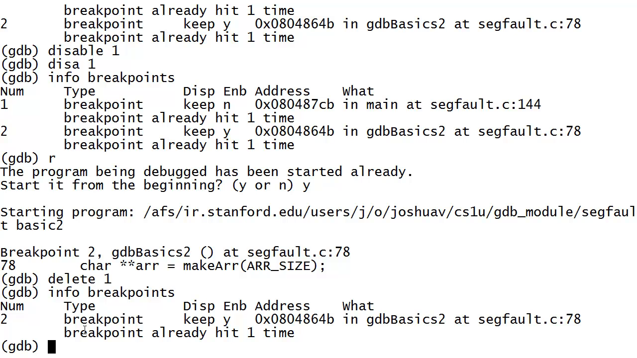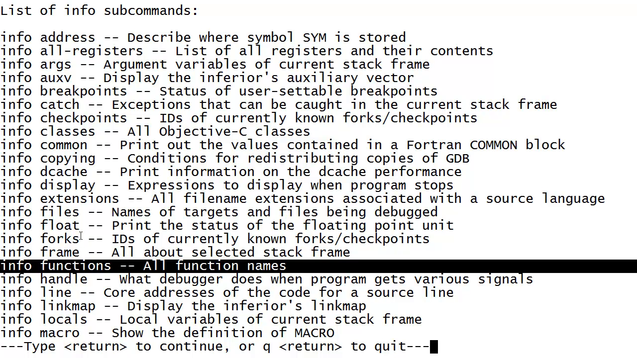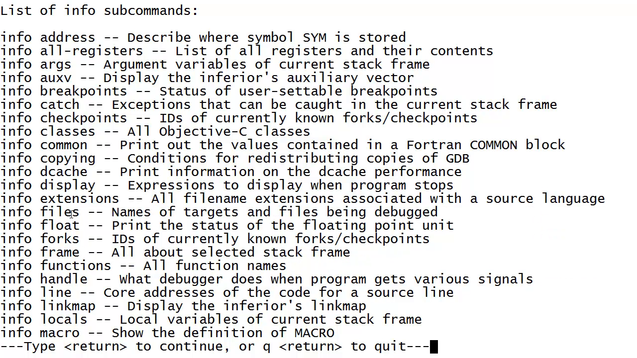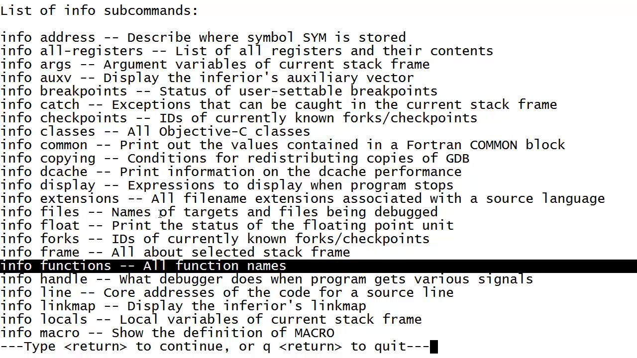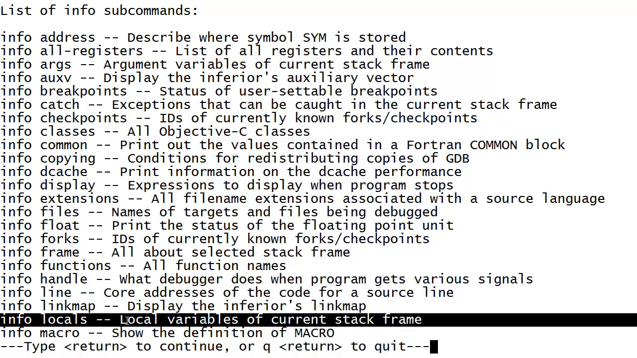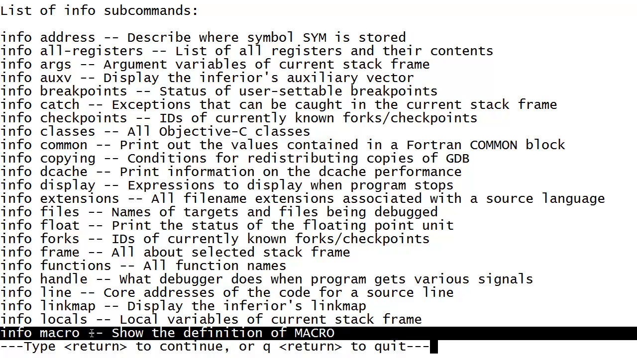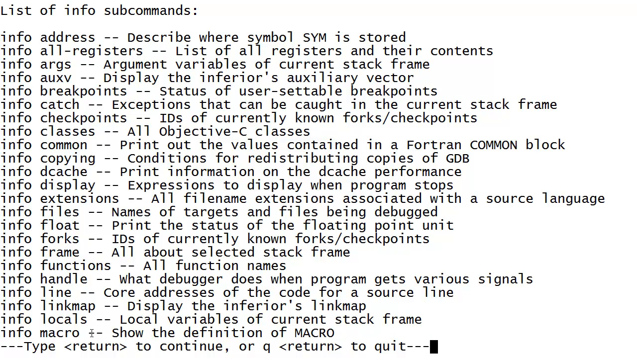Breakpoints aren't the only thing that you can get information about. If you say info, it'll tell you all of the different things you can get information about. A few useful things that you can do are info args, which will display all of the arguments that you have, info functions or info files to display information about all of the function names or about all of the files that are being debugged, info locals for all local variables, info macro for getting the definition of what a particular macro is,